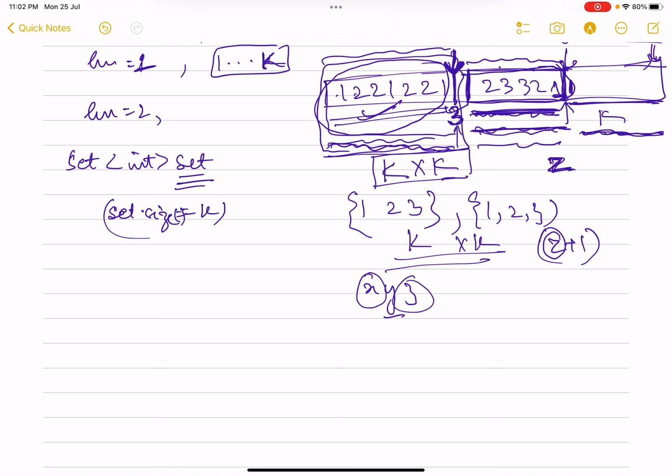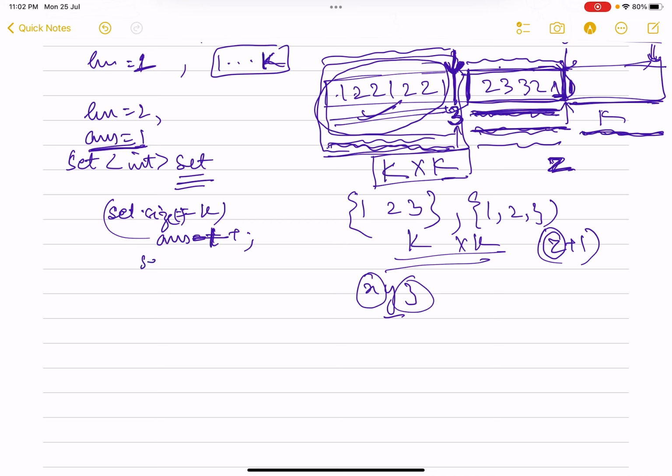Initially my answer equals 1. Now if set size equals k for the first time, then I'll increment my answer, because this means for length equals to 1 I get all the sequences. Now the minimum answer I can have is length equals to 2.